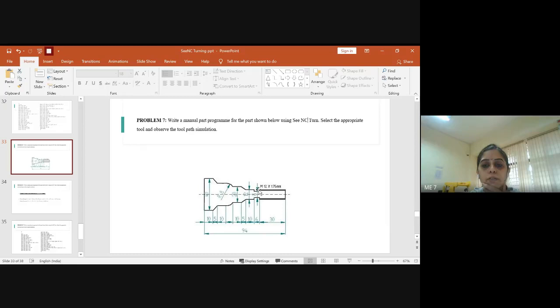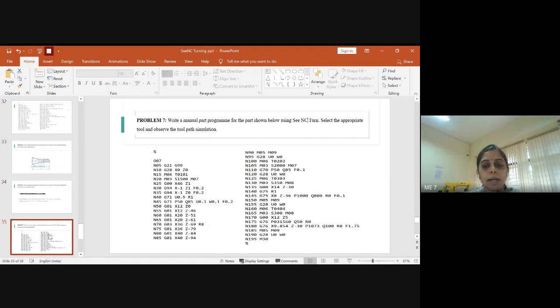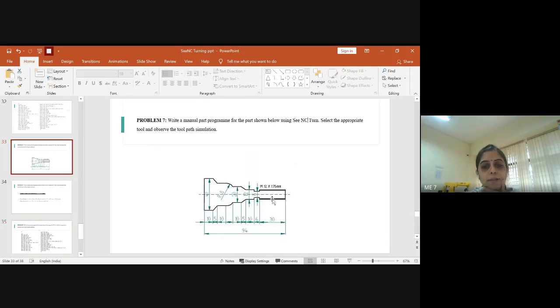Now we are bringing the tool nearer to the place where the groove cutting operation has to be done. You can bring the tool by rapid traverse by providing a value of around X14 and Z minus 30. We need from this position to this, so Z will be exactly 30. We need to start the axial groove cutting from this point. So Z is minus 30 and we require 12 mm, and then it has to do the groove cutting.